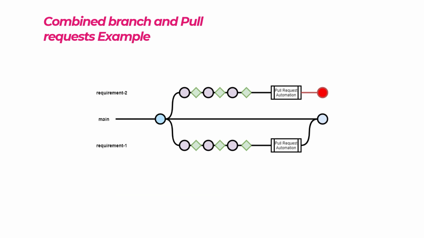Next, we're going to take a look at what those different branching and pull request scenarios look like. So again, we have requirement 2 with the developer committing stuff, and then continuous integration letting the developer know what's going on behind the scenes. Next, we get to the pull request automation, and we fail our pull request automation because we have a merge conflict. So I, as the more senior resource, take a look at the merge conflicts, see that I have an issue, and I have to